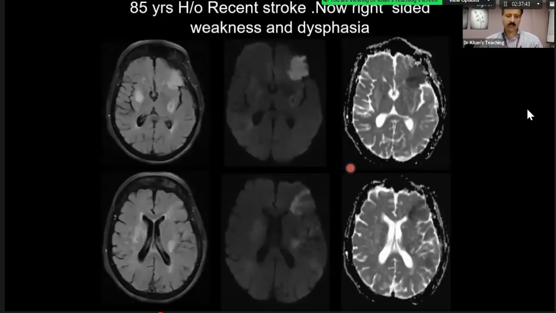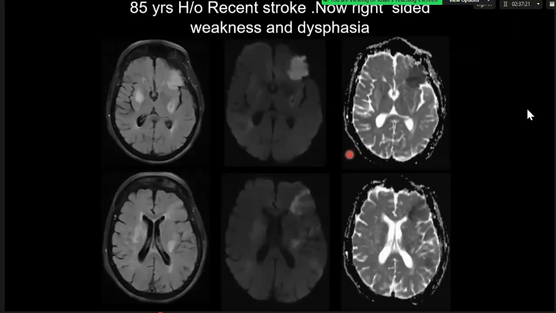Okay, candidate 1, this is your last case. This case had a stroke and then was discharged and then came back again with acute type of symptoms. And to help you, the symptoms are on the right side. So on the left side, can you see an acute stroke on the left side? So in the patient's anatomical left side, there is restricted diffusion in the left frontal lobe, and possibly in the posterior aspect of the lentiform nucleus as well. Right. Keeping with a stroke, with right-sided weakness and dysphagia.